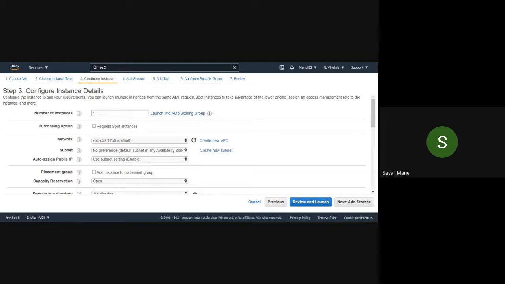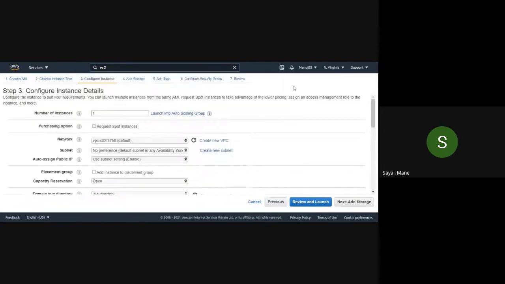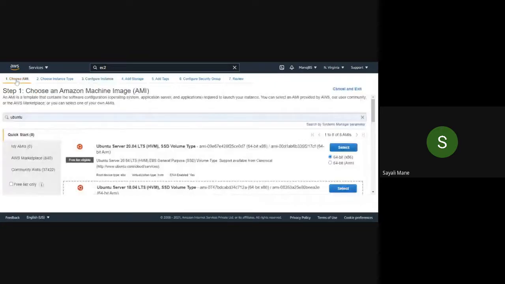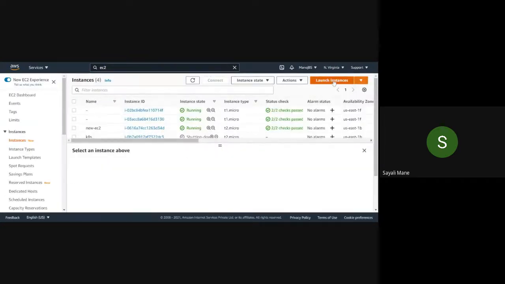Repeat. Okay, first open the EC2 instance, this one, and then click on the launch instance button, which is in orange color.